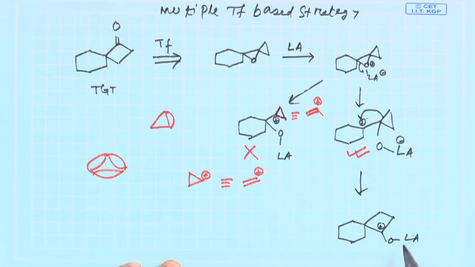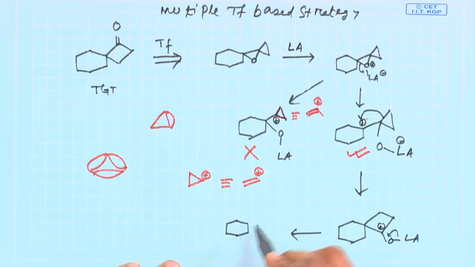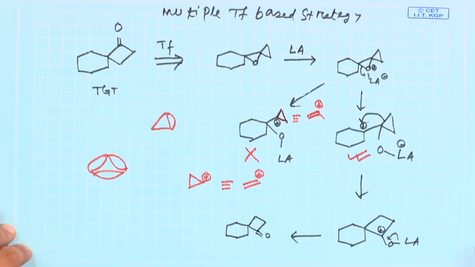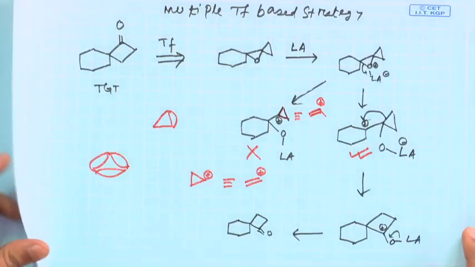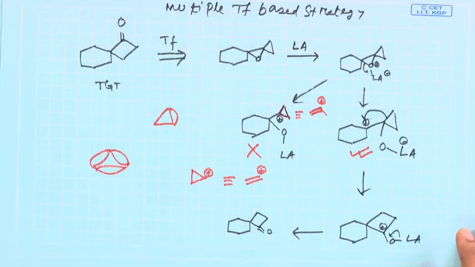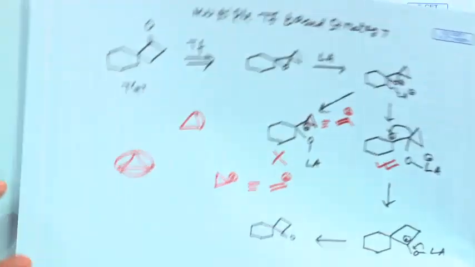So, now the Lewis acid can go out from this reaction mixture, and you will basically get this as the main product. So, this is basically nothing but a systematic exploration of a pinacol type of rearrangement. Eventually, if you are not familiar with this Meinwald rearrangement, you can do it in a different way, but okay,